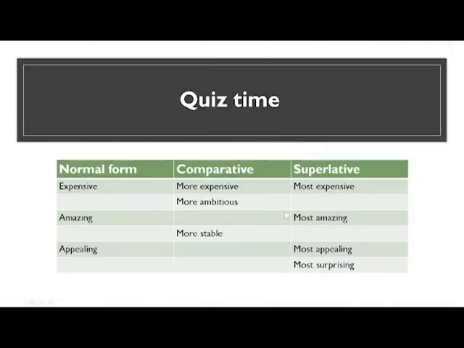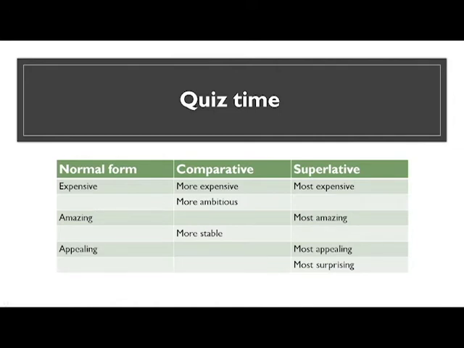In this example, we have the normal form, expensive, the comparative form, more expensive, and the superlative form, the most expensive. So how do we make it if it has two syllables or more? We add "more" in the comparative form, and in the superlative form, we add "most." So the most expensive thing, for example. And another